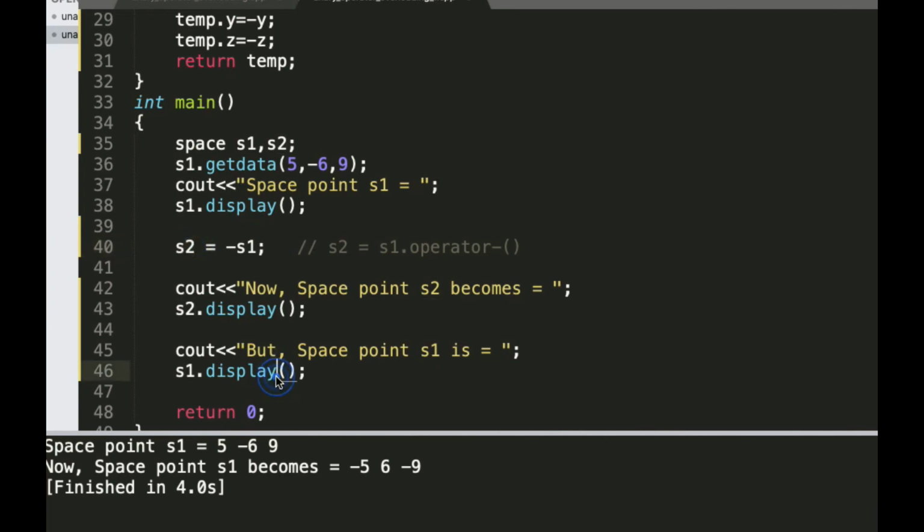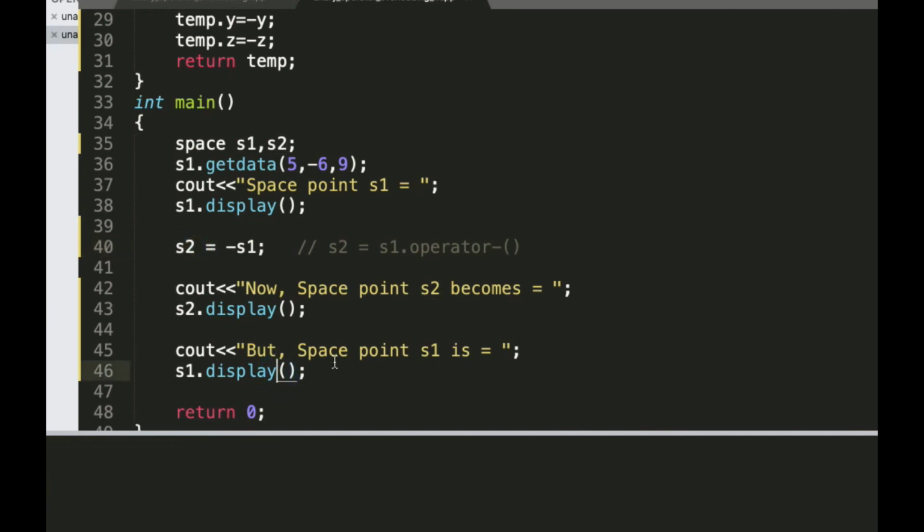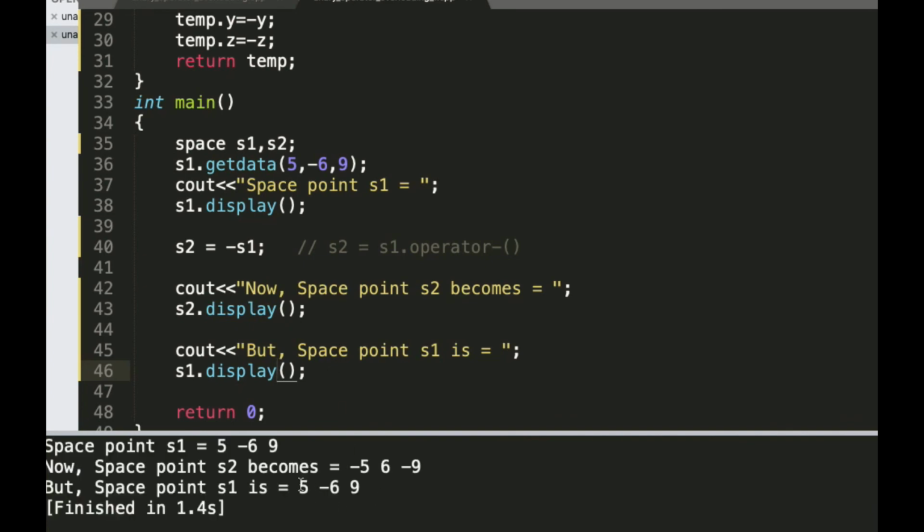So try to run this program and we will check the output. Yes, you can see here now my space point s1 is 5, minus 6, 9, and s2 is just the opposite point of s1, minus 5, 6 and minus 9, but s1 is still 5, minus 6 and 9.